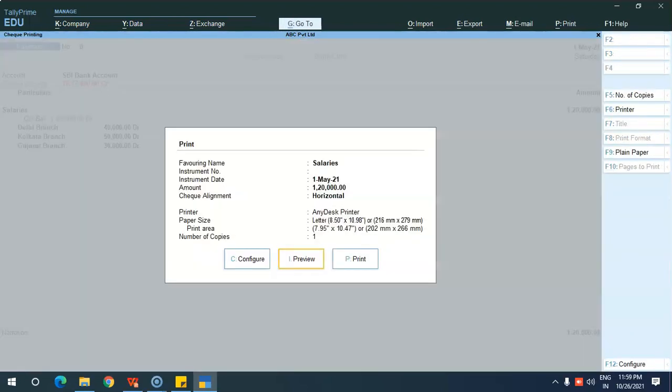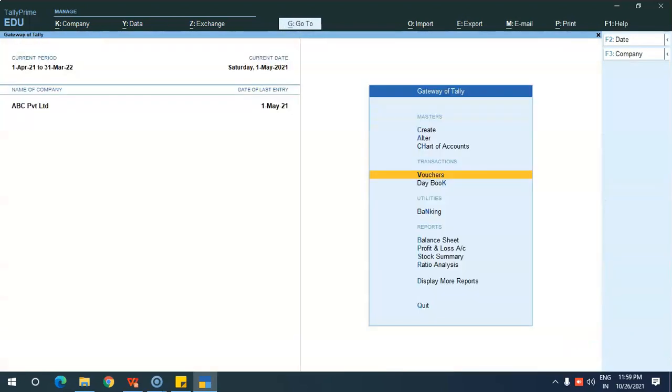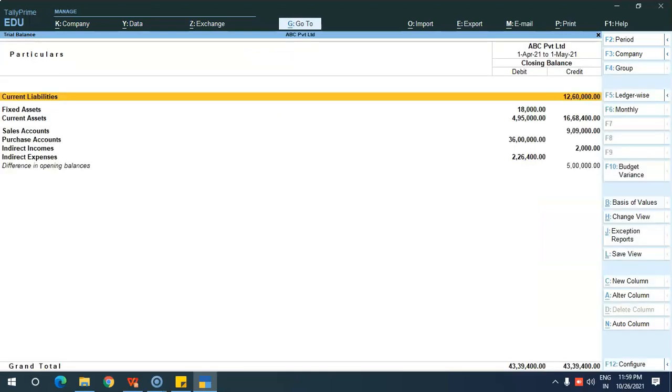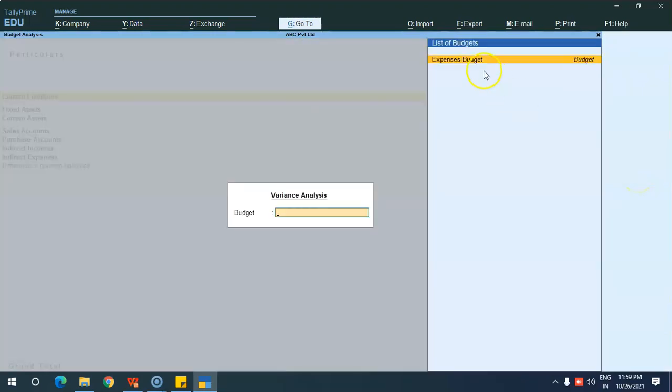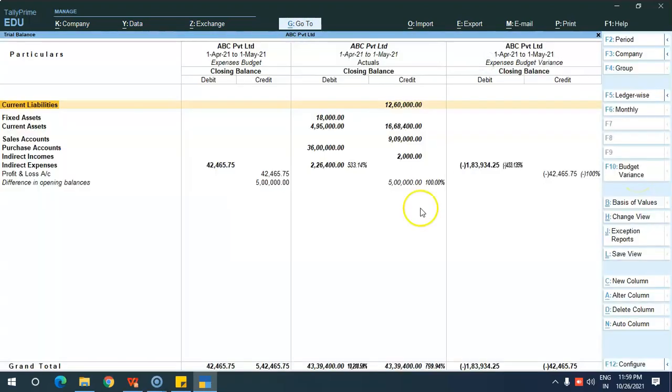So let's see how it will reflect in the budget. We have already created the budget, and we have fixed the budget of salaries to be less than 2 lakhs for the financial year. Just go to display more reports, trial balance, and in the right button bar you have budget variance. The shortcut key is F10, and you can select the budget. Here you can see the amount.